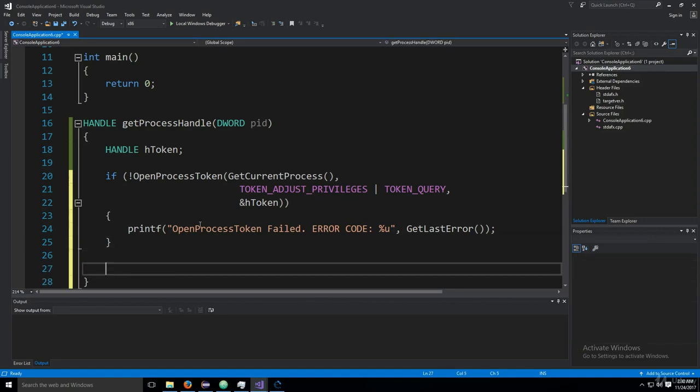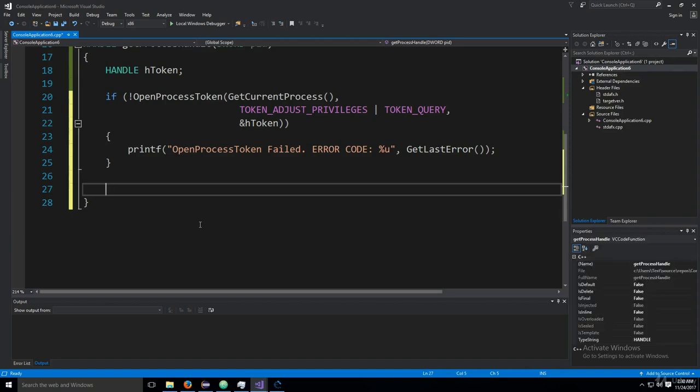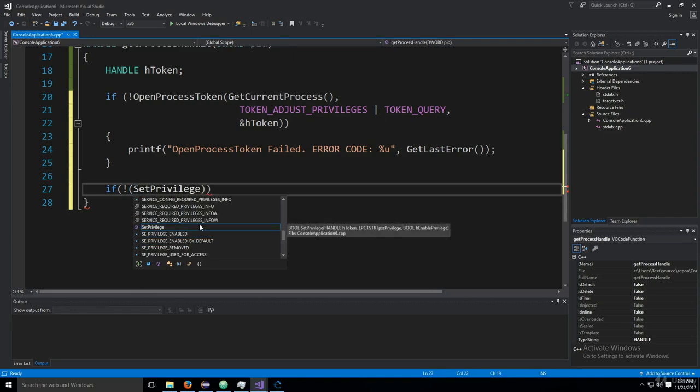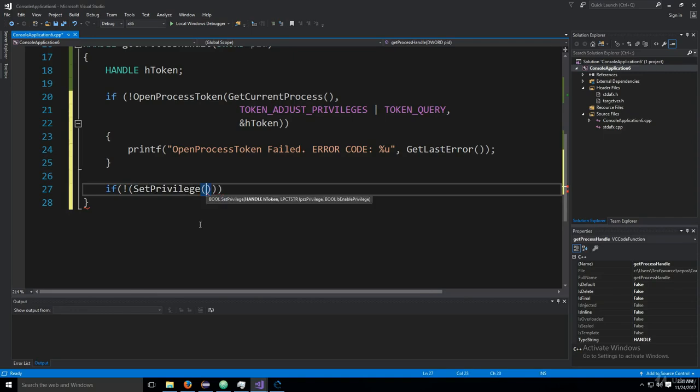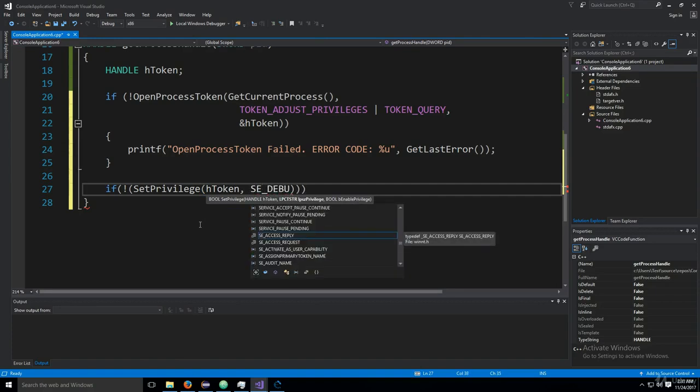Okay, so next up, we're going to go ahead and use the SetPrivilege function, which we haven't created yet, we've just declared it. So if we do something like this, SetPrivilege, and we're going to pass to this function hToken, and SE_DEBUG_NAME,